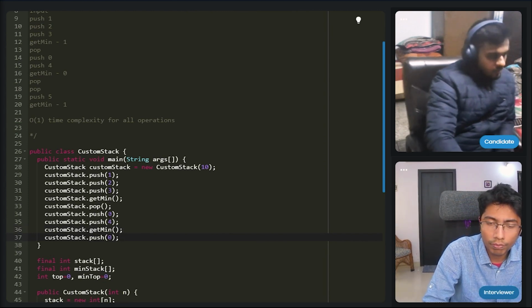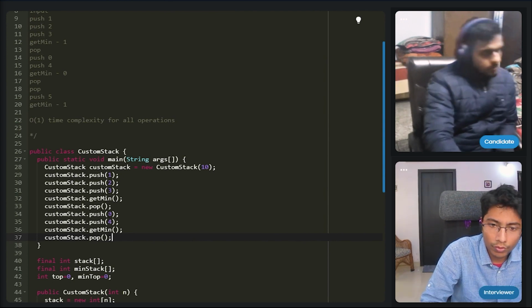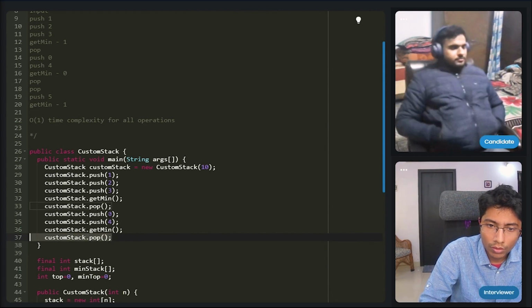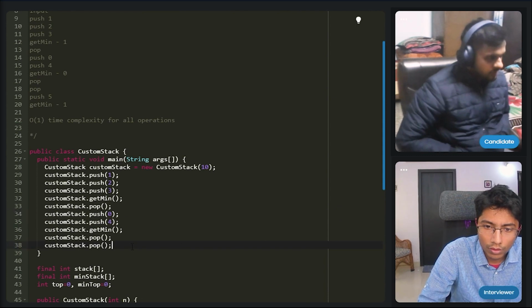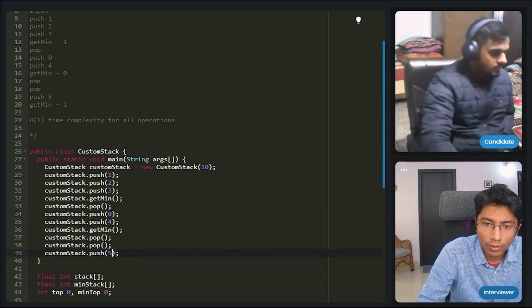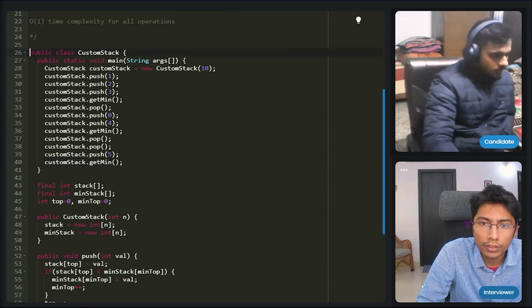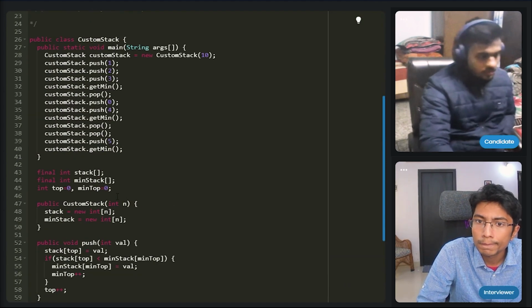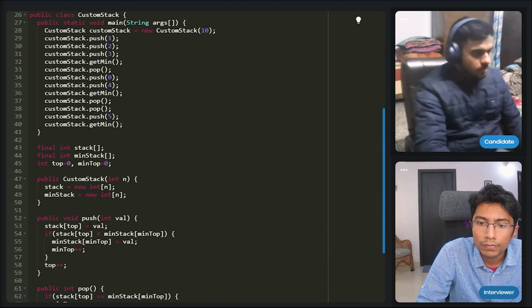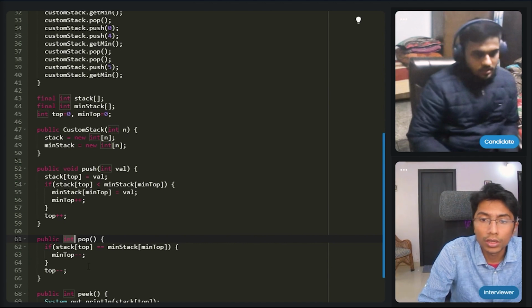Then we push 5. And then we do a get min. Get min again. Okay. So I'll just take this. Yeah, you can change the return types of pop and peek, or you can just return an integer.